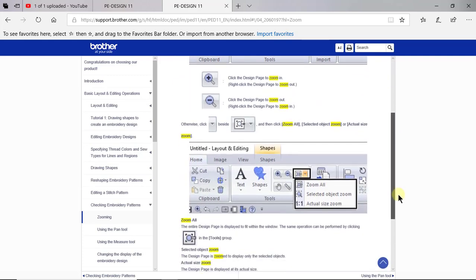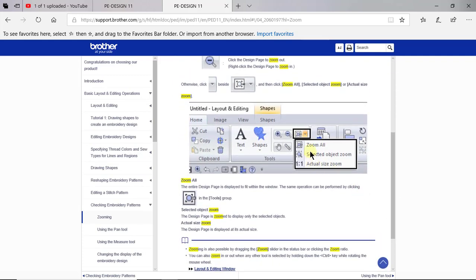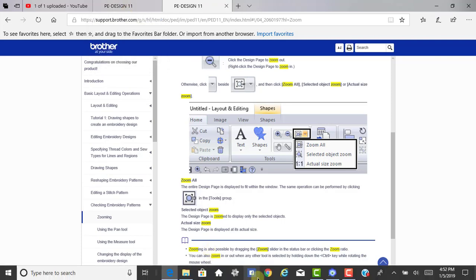If we scroll down the page, we'll see that these are those three options, and one of those is also what is called one-to-one actual size zoom. So let's go back to this screen and let's explore a few of these things. In addition, at the bottom of the window, we also have a slider for zooming. So we'll go back into our PE design software